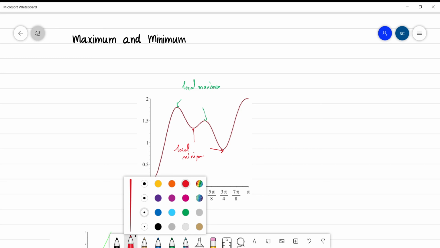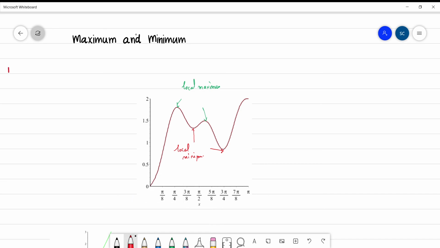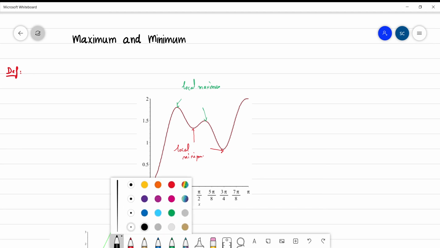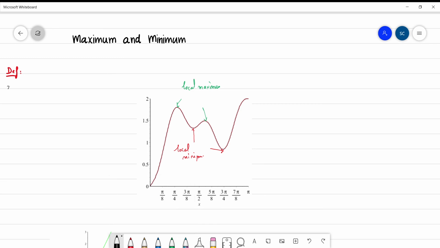That's why we will first give the definition, to say what is a local point, a global maximum, a global minimum. So the definition: we will say that a point x0 is a local minimum, respectively maximum,